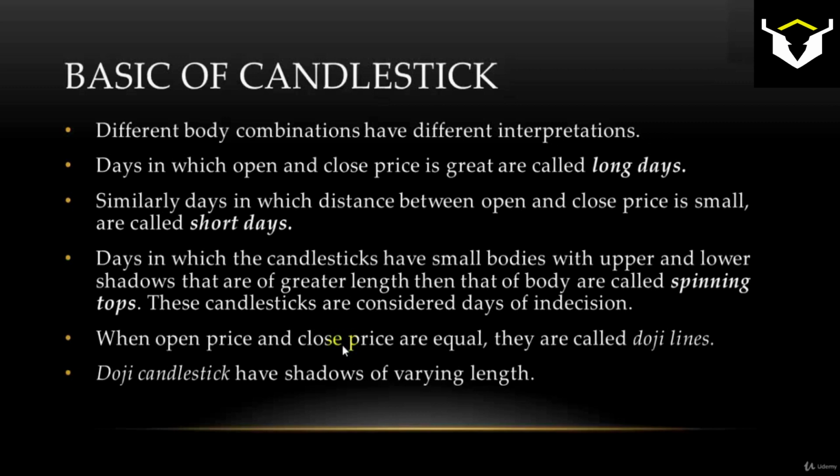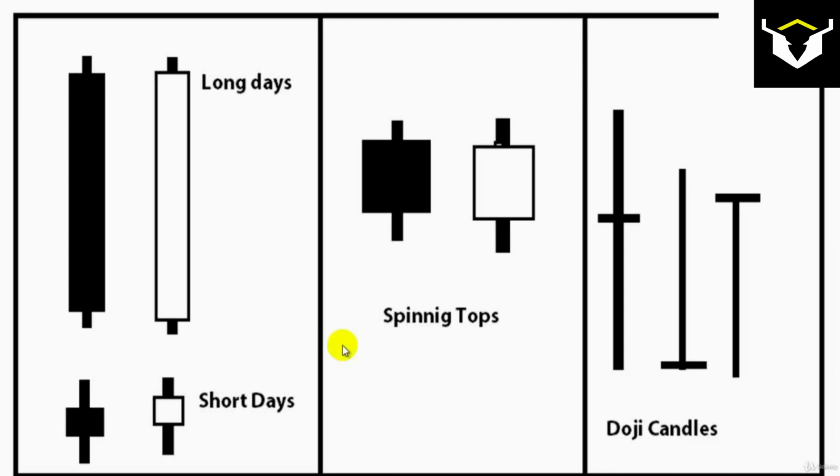So these four are the basics of identifying candlesticks. Each and every price data plotted as a candlestick will fall in either of these four categories. It could be long days, short days, spinning tops, or doji lines. In the following diagram you can see long days have longer bodies with not so long shadows or high and low